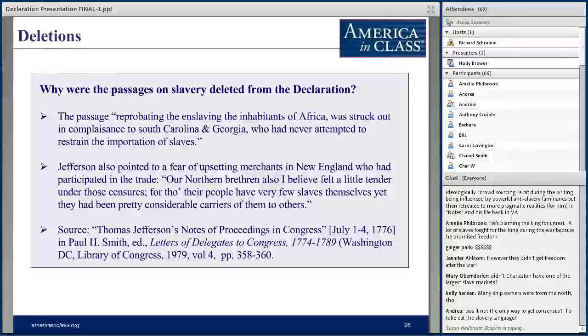Not that there weren't times when he tried to justify it, but he basically thought it was wrong. And you can find passages to that effect throughout his writings, letters over the whole course of his career. Sounds strange, but I've read systematically through virtually all of Jefferson's correspondence before. So anyway,